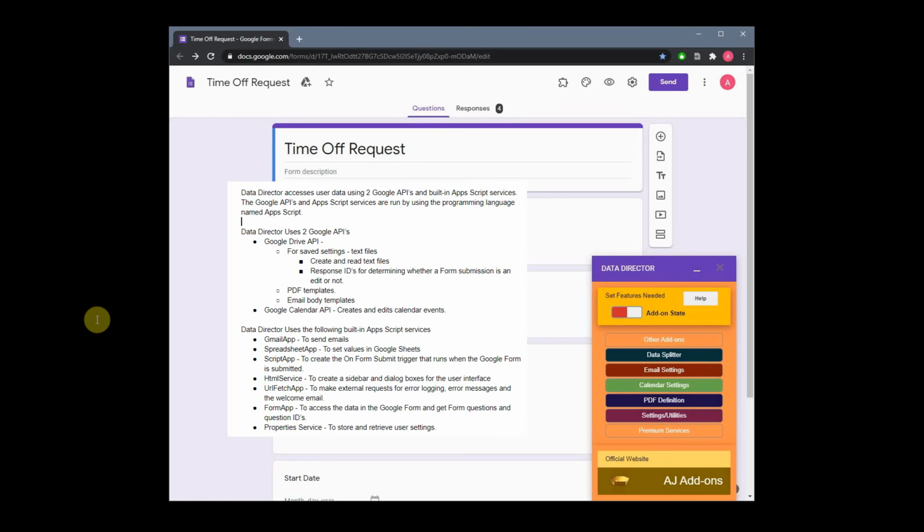Data Director uses the following built-in AppScript services: Gmail app to send emails, Spreadsheet app to set values in Google Sheets, Script app to create the on-form submit trigger that runs when the Google form is submitted, HTML service to create a sidebar and dialog boxes for the user interface, URL fetch app to make external requests for error logging, error messages, and the welcome email,